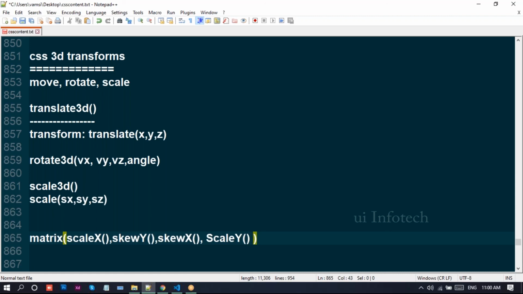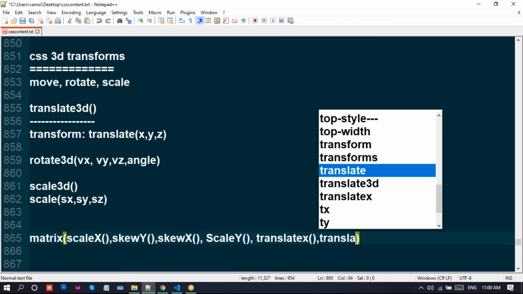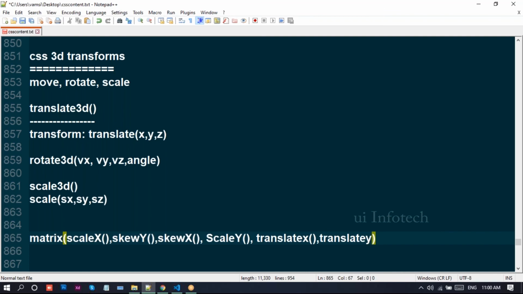So scale x, scale y, and in between we just apply skew y, skew x, and translate. Translate x, comma, translate y. So this is the syntax.